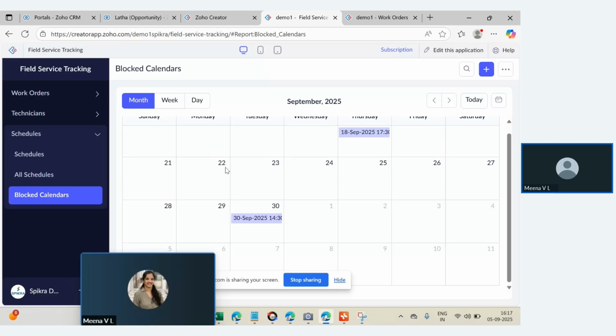So you just receive the work order, check the availability of the technician, and block their calendar, right? As soon as they go to that place, they will come back and update the status for you, and that's all. The record gets frozen, right?